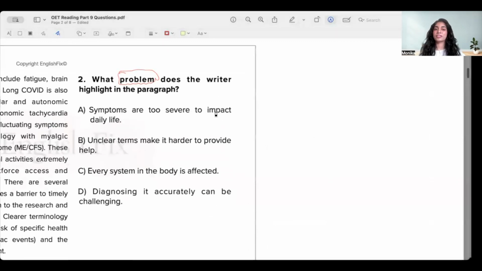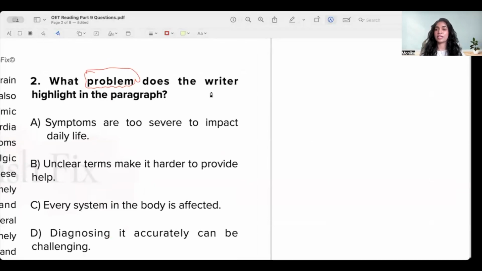Like I said, there is a specific way of answering this question, and that includes us, first of all, understanding what kind of question this is. Instead of problem, if they had mentioned any other word here, it doesn't matter. If they're asking you what dash does the writer highlight in the paragraph? They're essentially saying that the writer is doing something in the paragraph, and I want you to figure out what that thing is, correct? Not in the entire paragraph, but specifically something. It could be what issue, it could be a problem, it could be a solution, it could be an advantage,